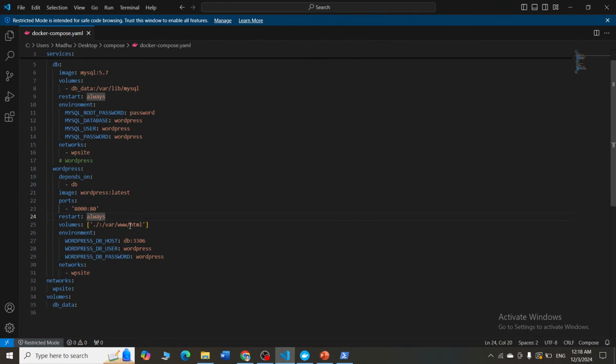Okay, so you are giving connections between this WordPress and MySQL, and you're creating an environment so that it is giving a connection between your MySQL and your WordPress. Okay, so this connects your local directory WordPress to the container, right? So this is all about your brief of your Docker file.